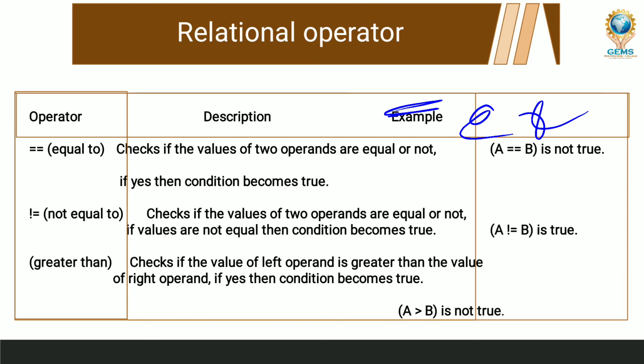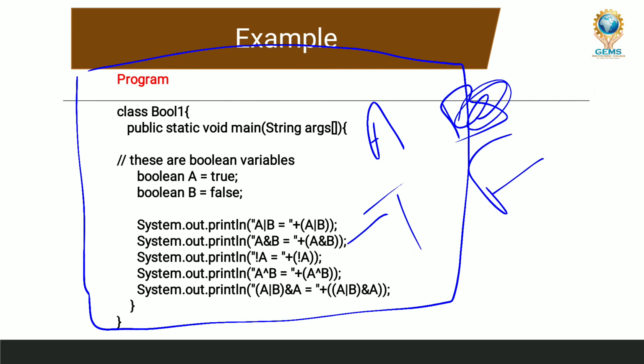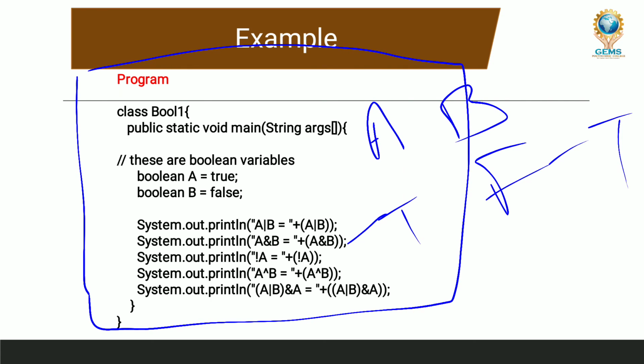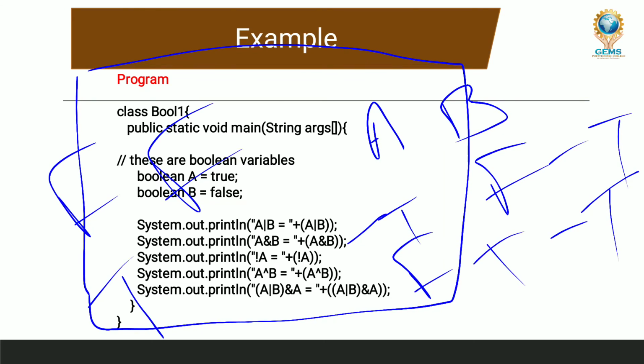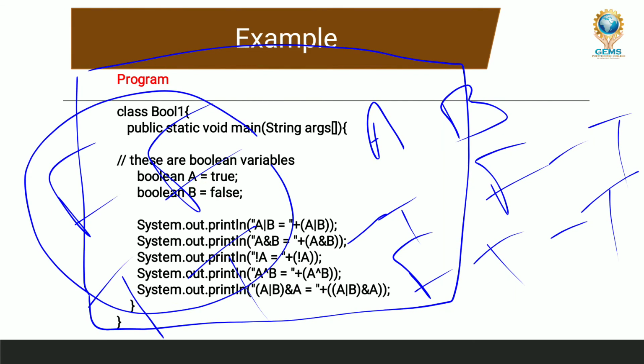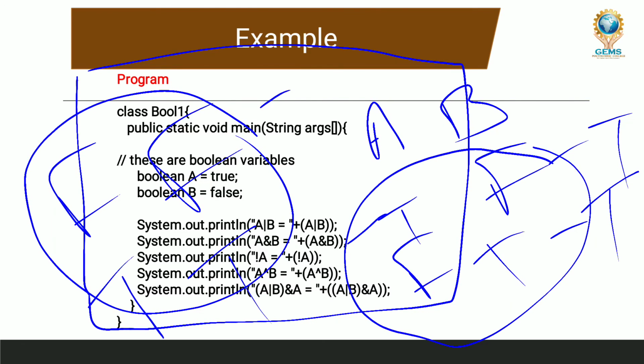Now we will see the last one, the XOR operator. True, false, then the answer is true. False, true, then the answer is true. When both inputs are the same, whether F or T, the output is F. The remaining two cases, TF or FT, give true. This is the XOR operator.